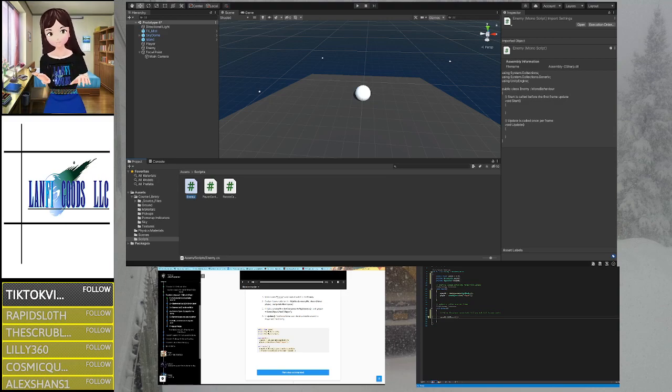As we know, PEMDAS is parentheses, equations, then multiplication, division, addition, and subtraction. So you need to do player transformation position. And once you subtract that from the enemy's transformation position,